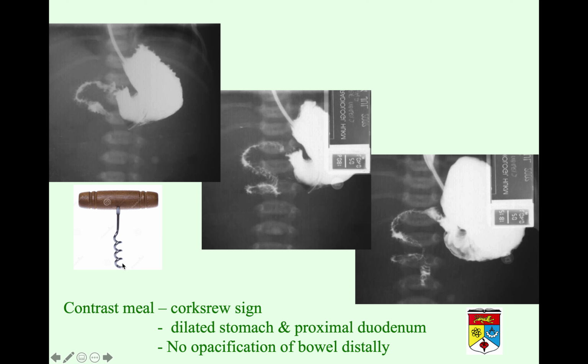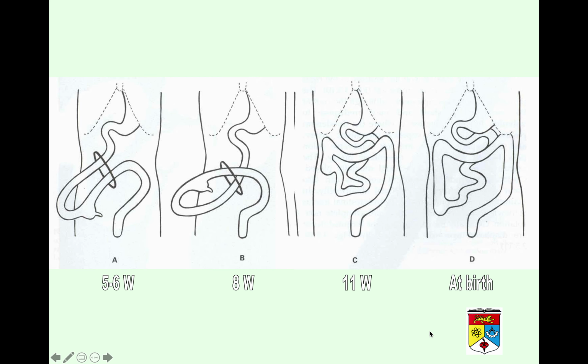So in the case of a corkscrew sign, with a dilated stomach and proximal duodenum, but you do not see any opacification of bowel distally, that means this is a midgut volvulus, a surgical emergency which has to go in,